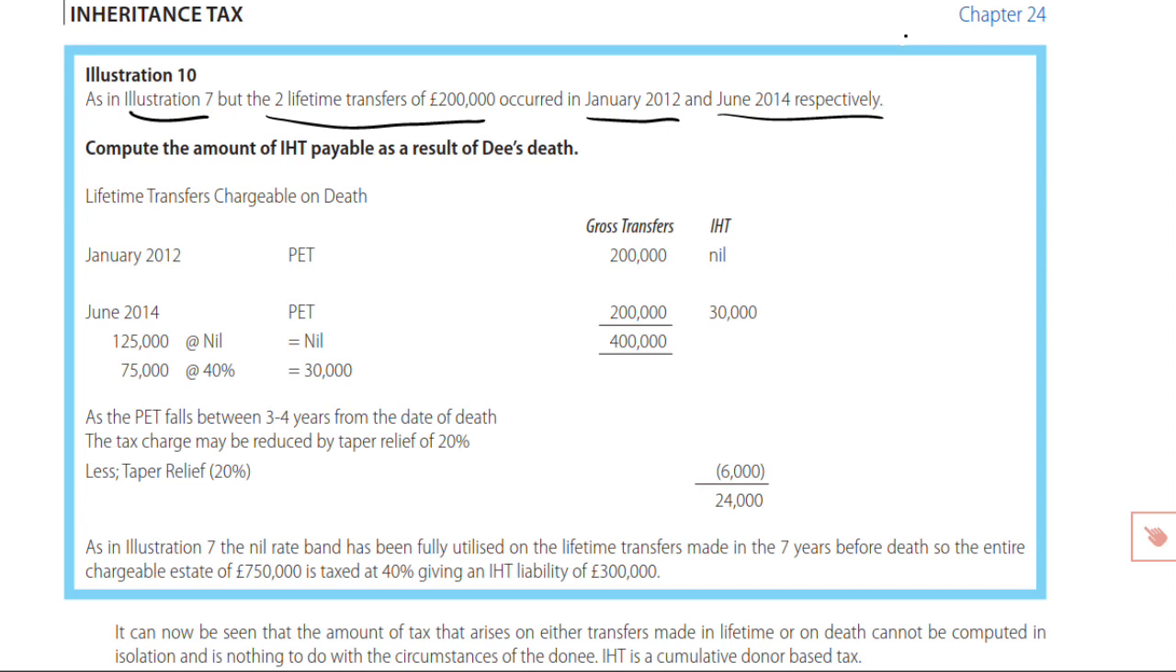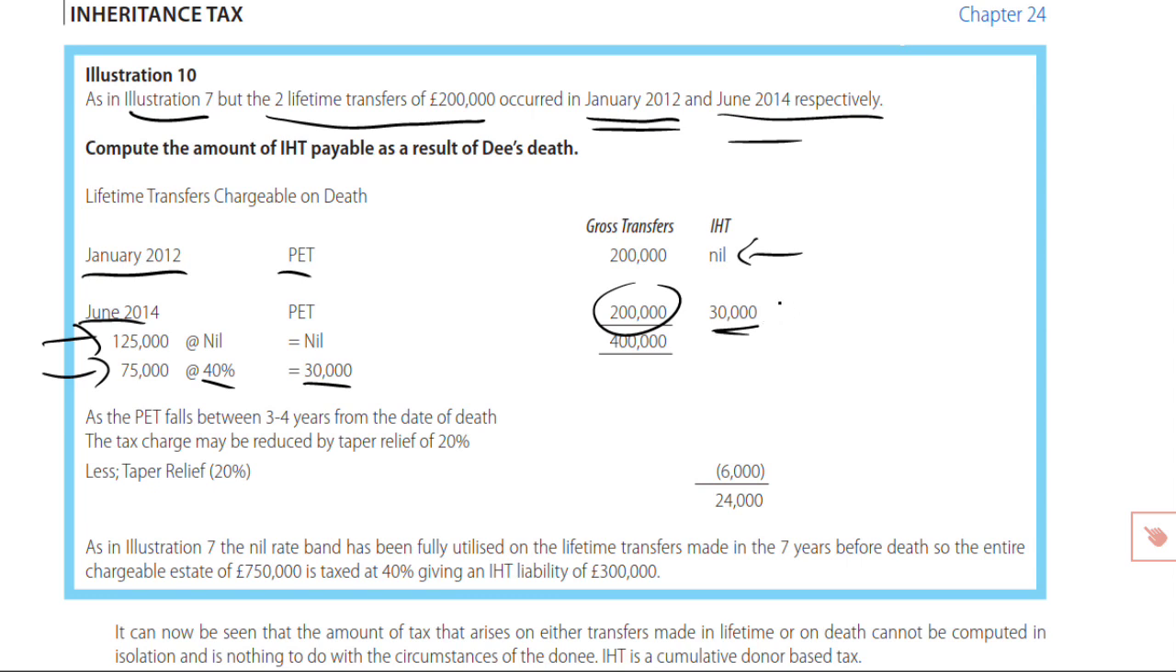Illustration 10. And what we've now got is that these two transfers, January 2012 and June 14, are occurring more than 3 years before the date of death. So what do we do? To begin with, exactly the same as we did before. So the first PET, 200,000, all within the nil rate band, there is no tax to pay. Remember, taper relief reduces the tax charge, not the transfer. On to the next transfer, June 14, PET 200,000, 125 nil rate band left, 75,000 at 40%, 30,000, same figure